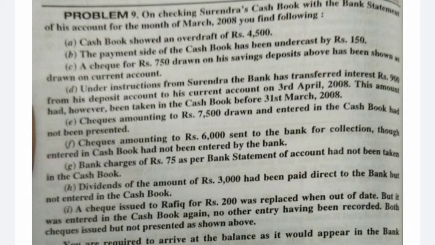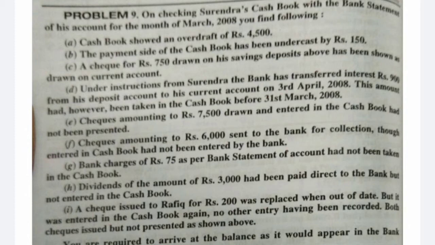Therefore, the receipts are falling short in the month of March because this receipt is not recognized by Surendra. The receipt side is getting short by rupees 3,000 because this dividend income is not recognized by Surendra. Therefore, the cash book is showing the less balance in the month of March due to this non-recording of entry. Therefore, this 3,000 should be decreased or reduced from the overdraft balance as per cash book. Okay, it is the entry here.